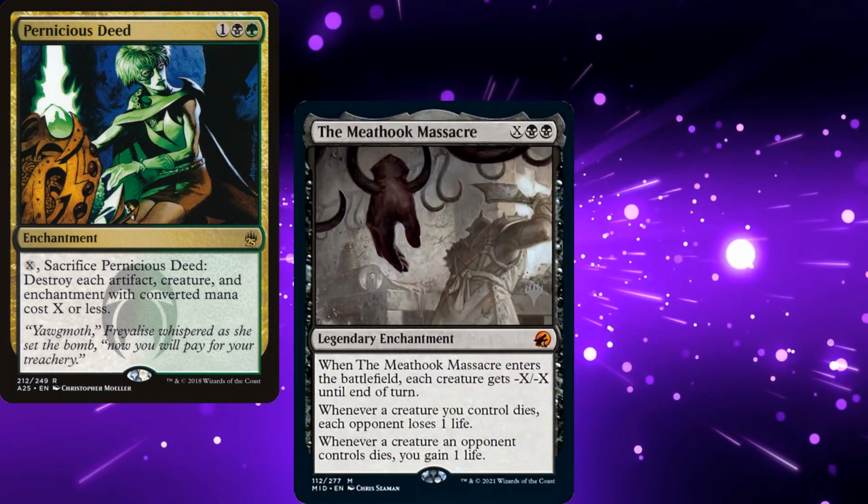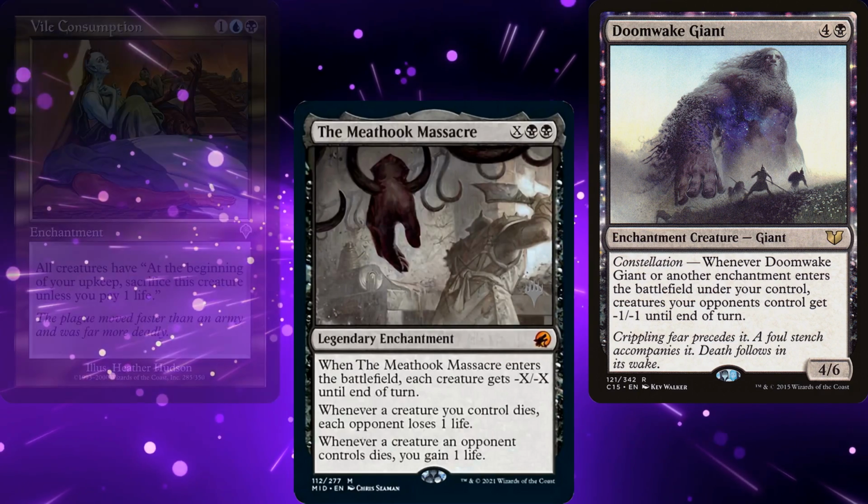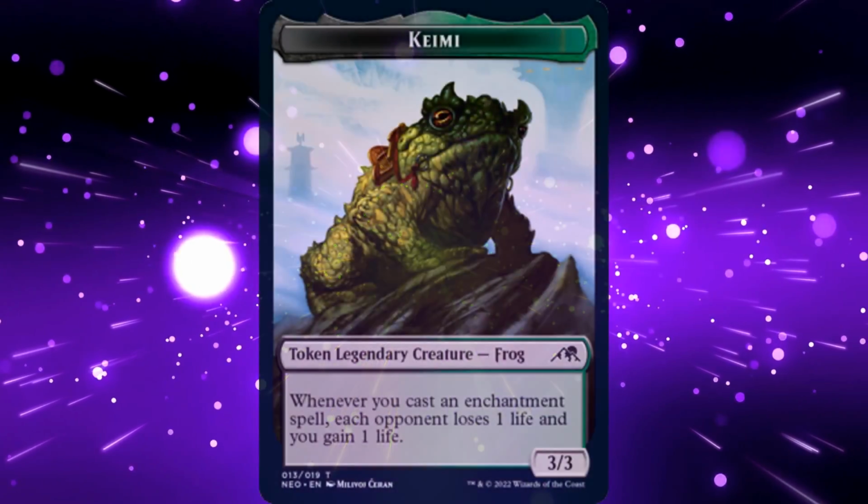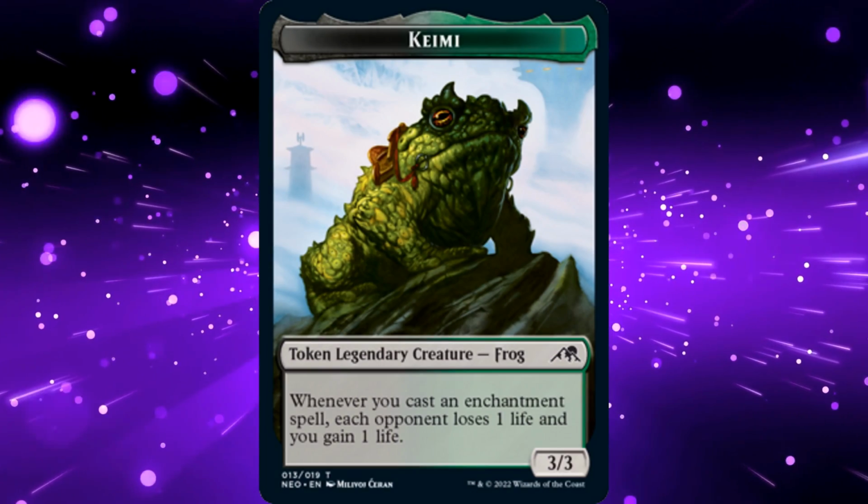For board wipes, we have Pernicious Deed, The Meathook Massacre, Doomwake Giant, and Vile Consumption. But how are we winning with this deck? Obviously, we'll want to drain our opponents with Kimi and a bunch of enchantments, so to go with the life